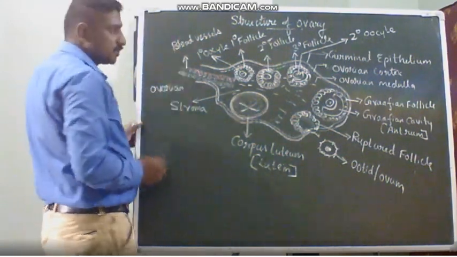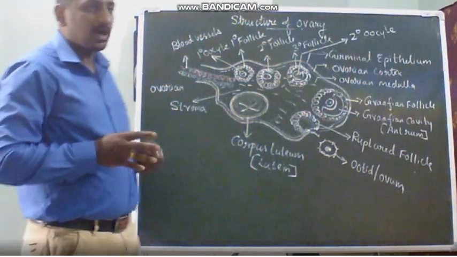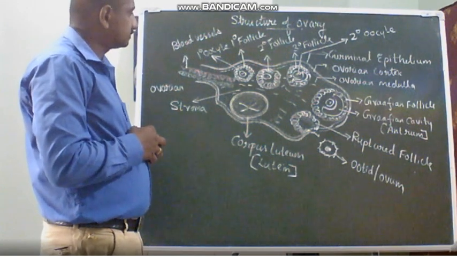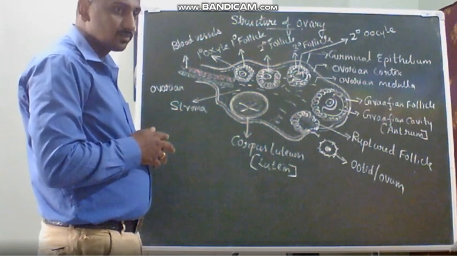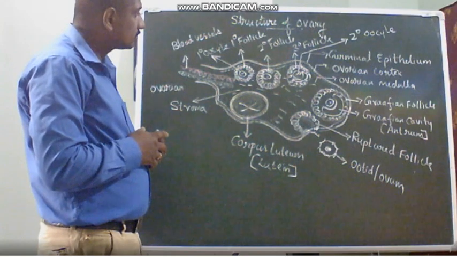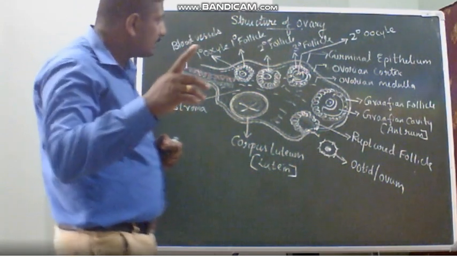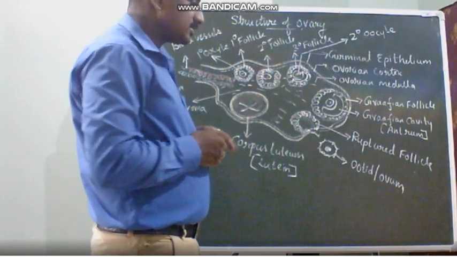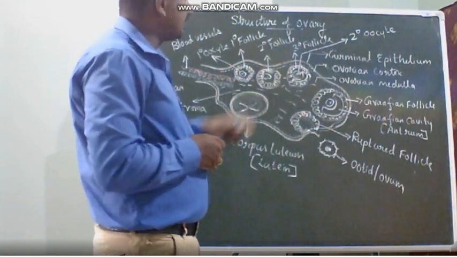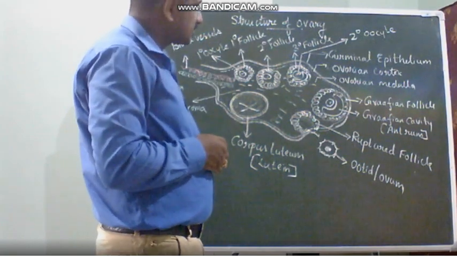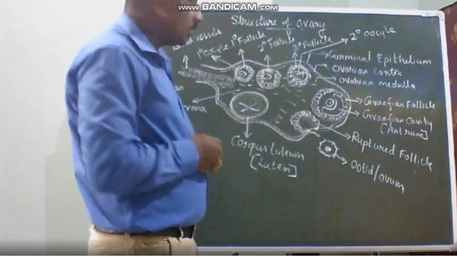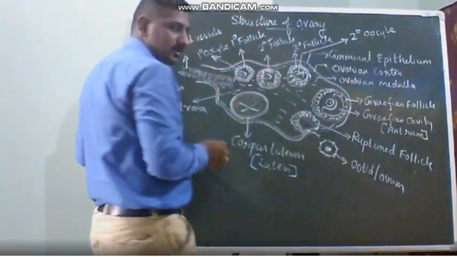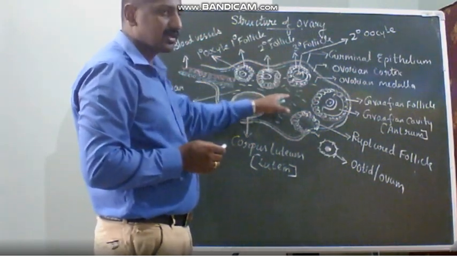This is the transverse section of the ovary. Any doubt in the transverse section of the ovary? When I came across the tertiary follicle, I read that only the primary oocyte was there, sir. That is based on the developmental stages. I am going through NCERT where it is given that the tertiary follicle encloses the secondary oocyte. Even if they enclose the primary oocyte, that may be a transition stage between the primary follicle and secondary follicle, because we can't say exactly when the meiotic division gets completed.